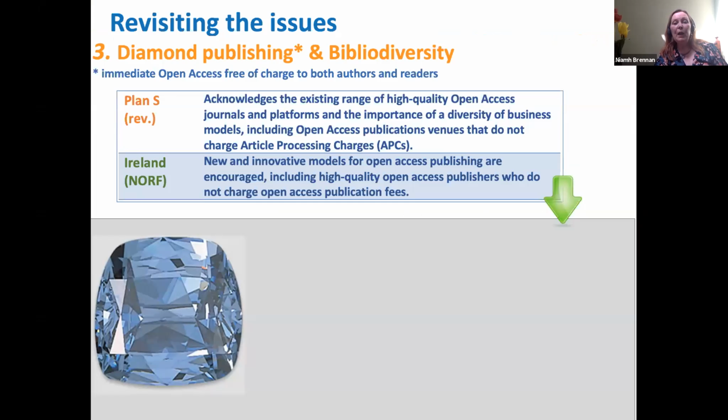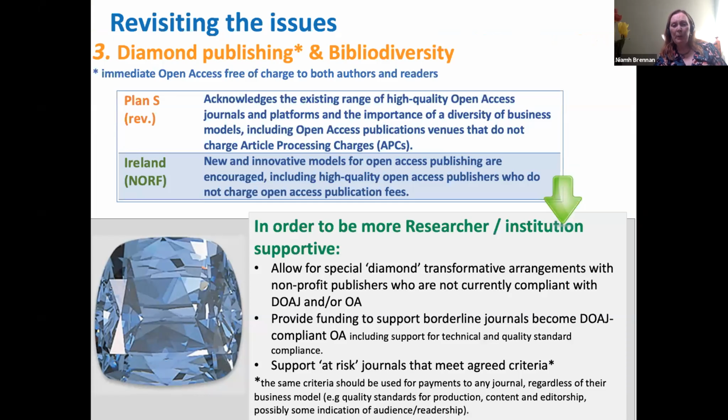The second thing is endowment publishing and bibliodiversity. I've mentioned this already. We're all in agreement on this, that we want to support academy-led or diamond publishing, but in order to support that, we do need to provide attention to this area. And I know that the per unit payment is the easy way to do it, but nobody ever said this was going to be easy.